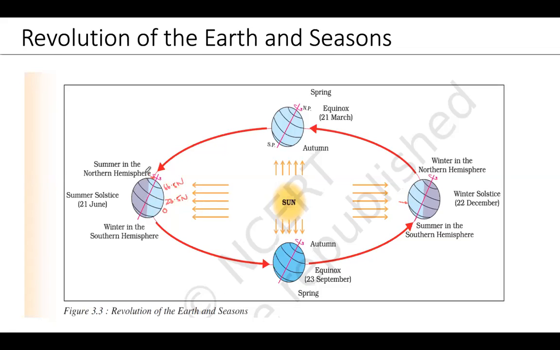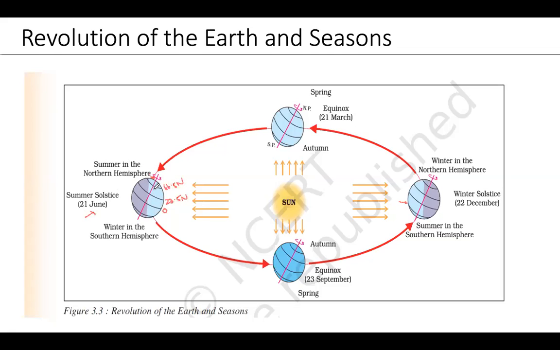Okay, so usually the European countries, all countries in the northern hemisphere, they consider all the seasons starting from the European countries. So in the northern hemisphere, the Tropic of Cancer, they are receiving more sunlight here, so this position they call it as summer, and this exactly happens on 21st June. This day, irrespective of anything, will be the summer solstice. We call it the summer season in the northern hemisphere, and in the bottom there it will be the winter season.